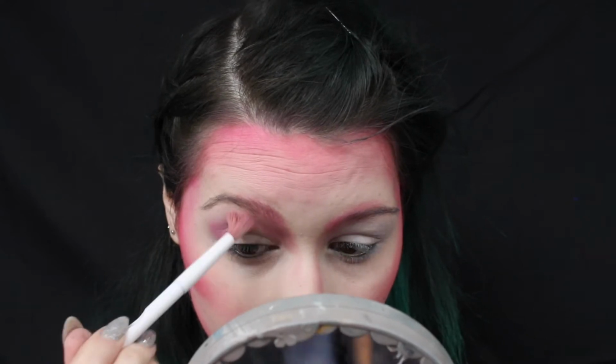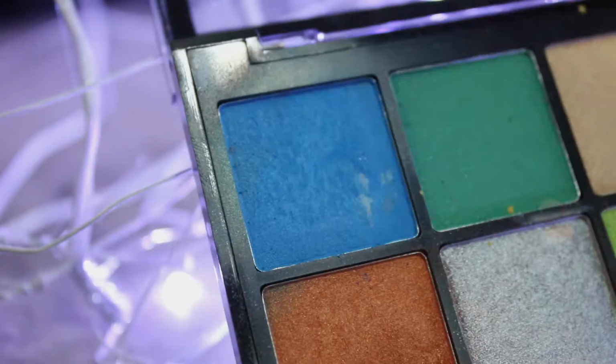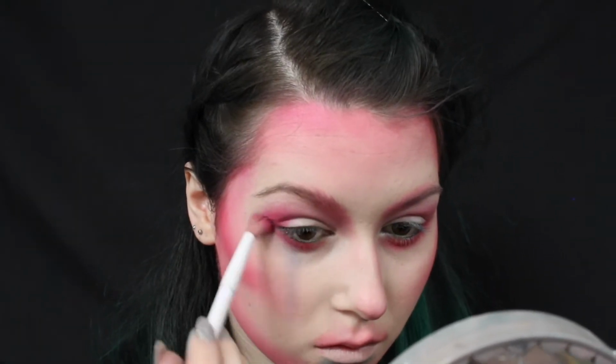Using a red eyeshadow, I'm just putting that under my lower lash line as well as in the crease just to intensify the colour. I'm also using that same red eyeshadow just above my lips and then just diffusing it out with my finger. From the Avant Pop Art Throb palette, I'm just using that blue shade underneath my lips, also underneath my eyes